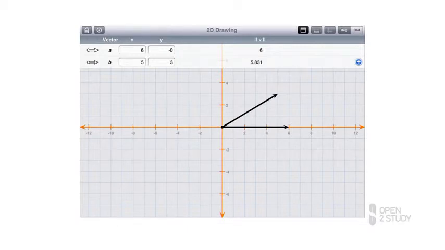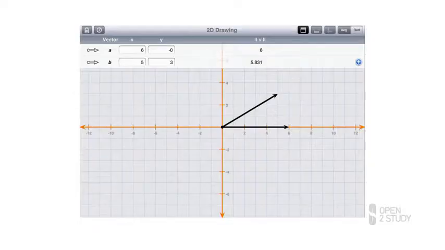And we call those things the components. This has a component in the x direction of 5 units and a component in the y direction of 3 units. Now what if I wanted to add these two vectors together? I wanted to add, say, two velocities. How do I do that? Well, of course, I have to take the direction into account, and the arrows are doing that for me.